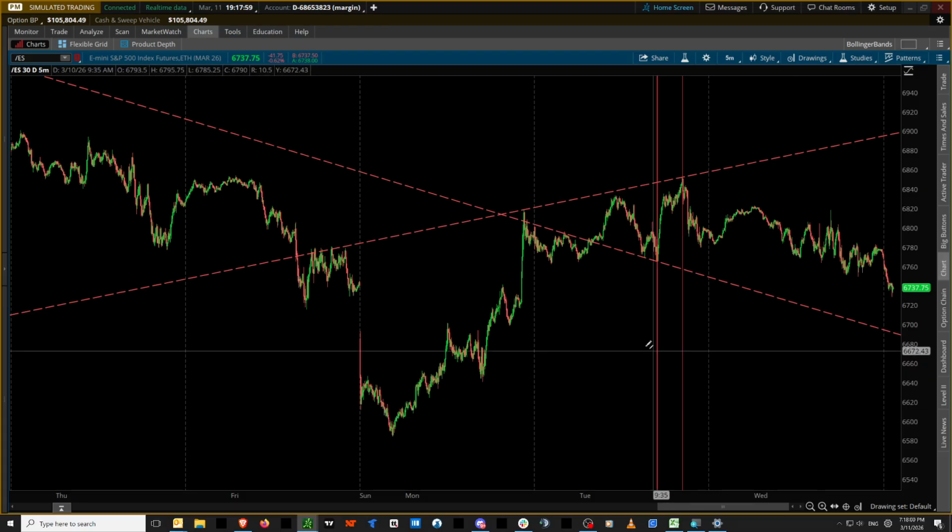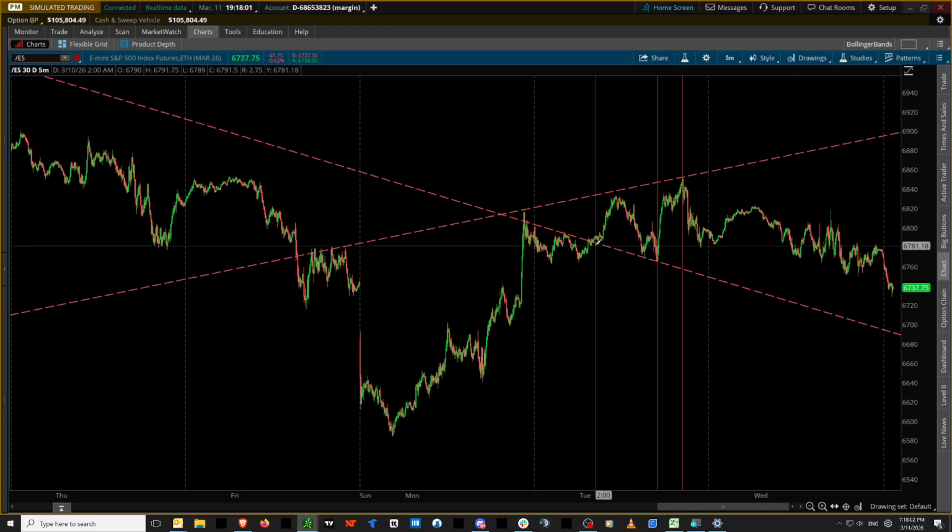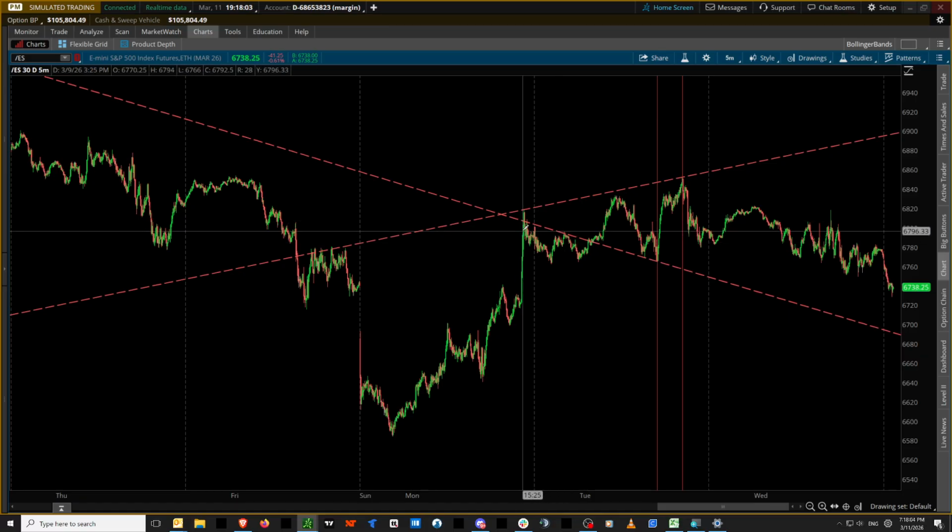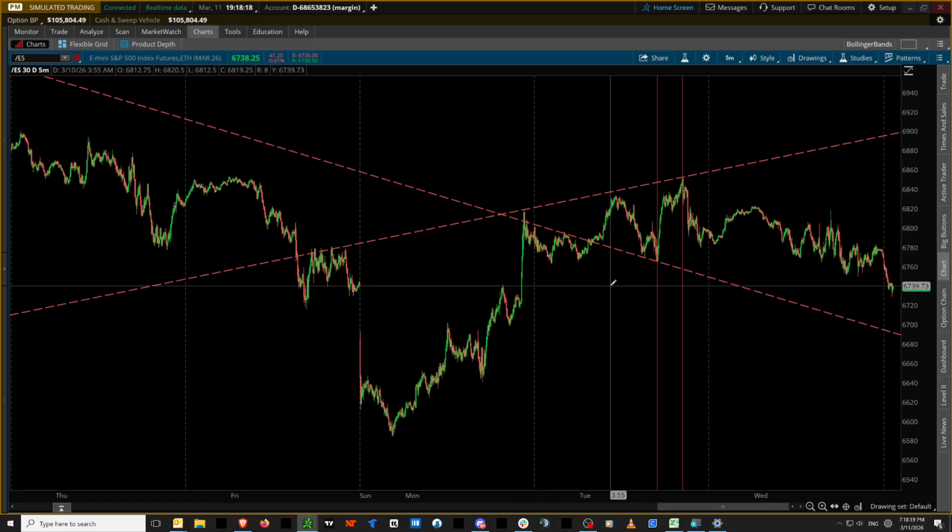But I do have 1, 2, 3, 4, 5 touches on that line. I'm going to consider that a validated line. Remember, we validate it by looking left in the past to see if that is the line of interest. All right, any questions on this part so far from anybody?